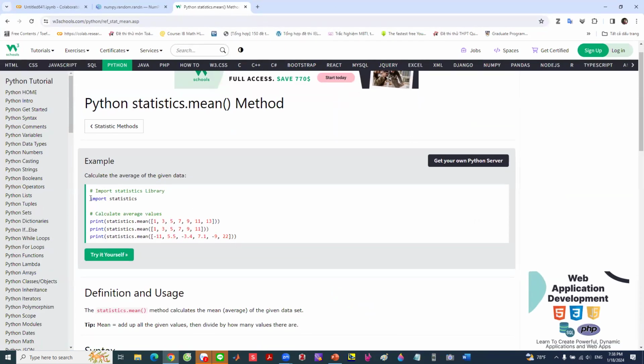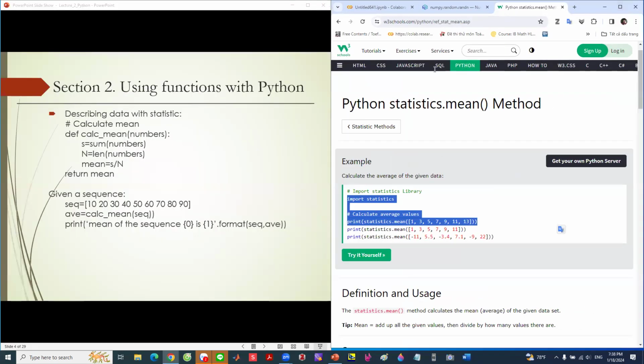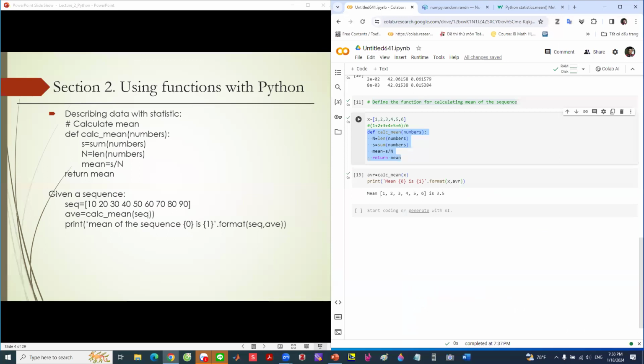Well, we can use this way: import statistics and use mean to calculate directly the average of the dataset. This is how to calculate the mean. Okay, next value is